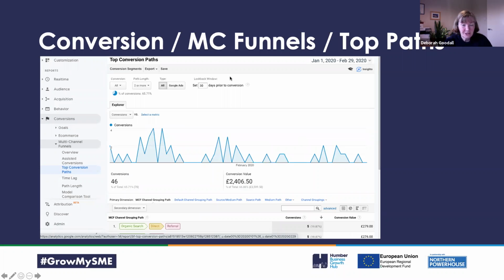Okay, so this bit, conversion multi-channel funnels, top conversion paths. This is important to look at for a couple of reasons. If you think back to the page where we were looking at all traffic sources, and we were saying that piece of editorial in Red Bull would have generated X amount of income because there were so many entries sold. That's fine, but actually you need to look at it in a little bit more detail, because it's unlikely, but not... I've lost the word now.